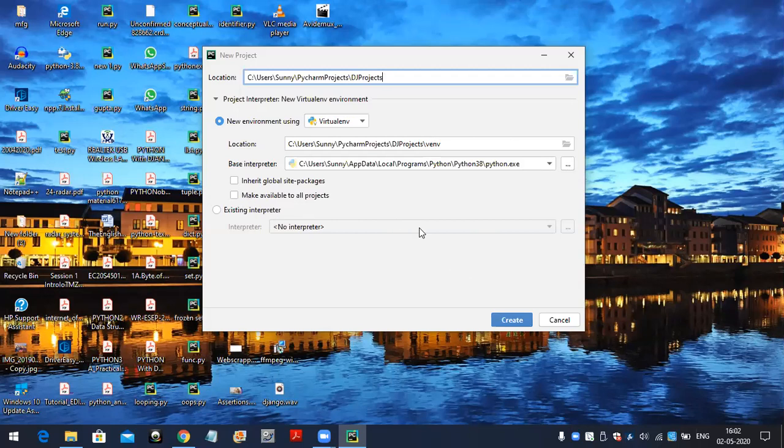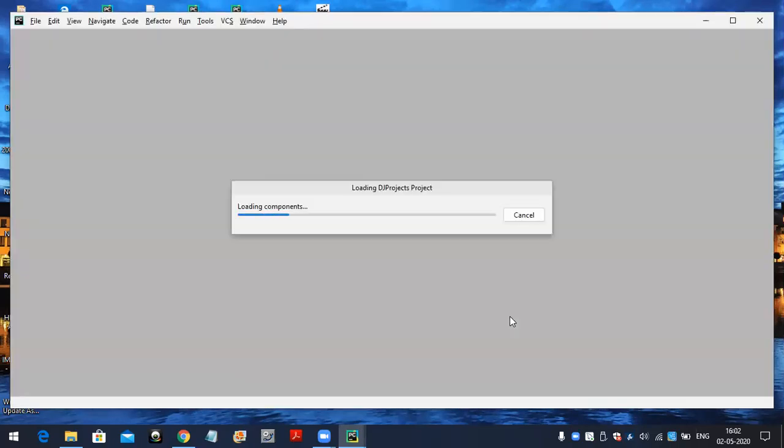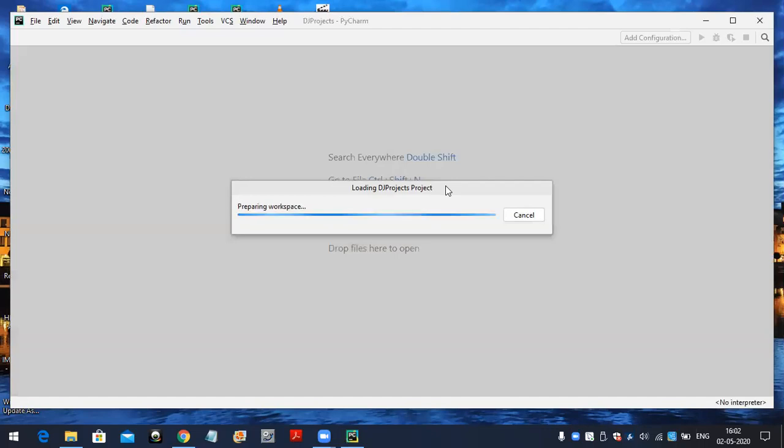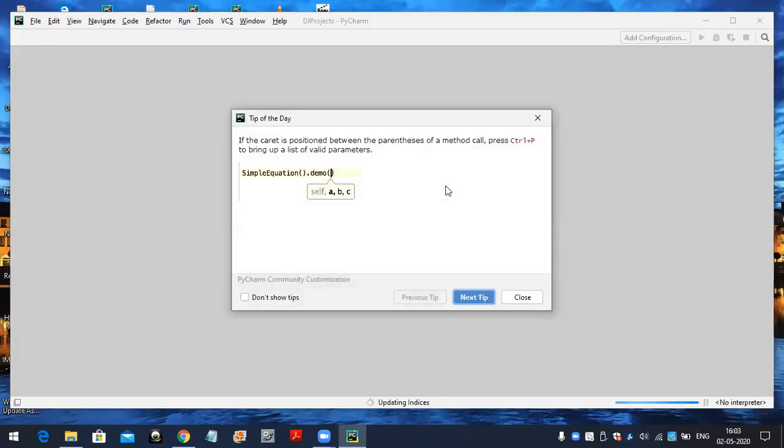Not required to click on all this, just click on create. So here it is loading the DJ projects project. Right. So here you will get some tips. Close these tips.